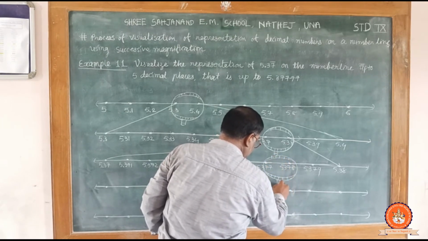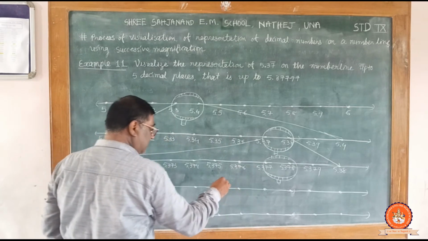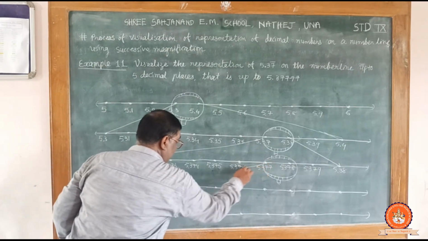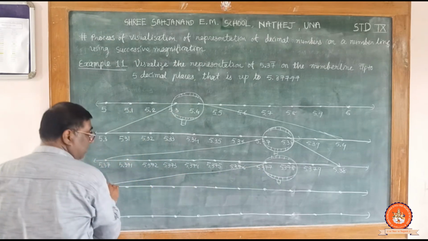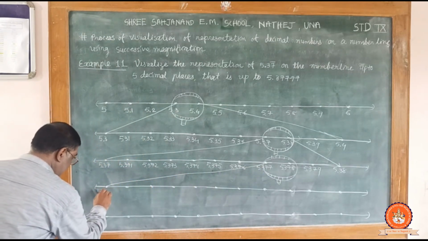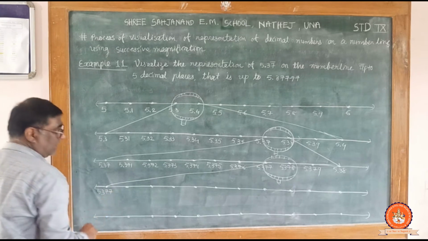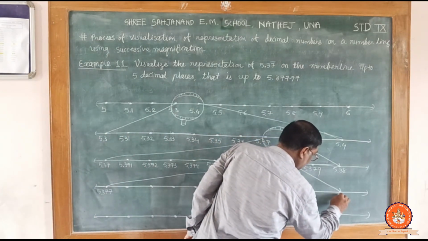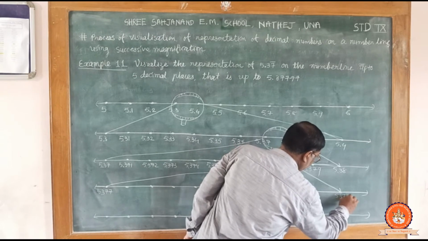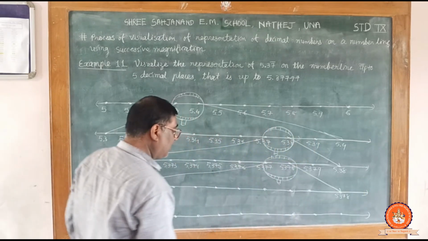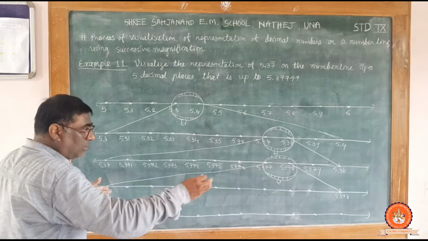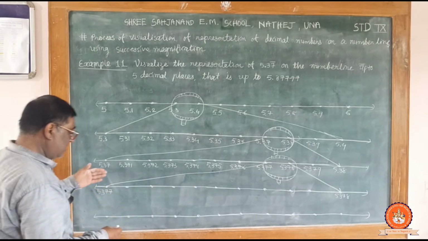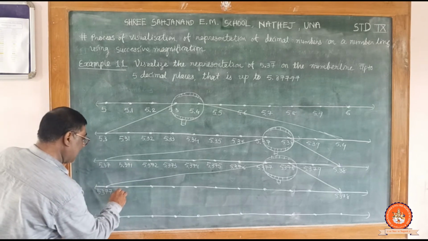Okay. So 5.377 will be here, and 5.378 will be here. Now the points between these two will be labeled starting as